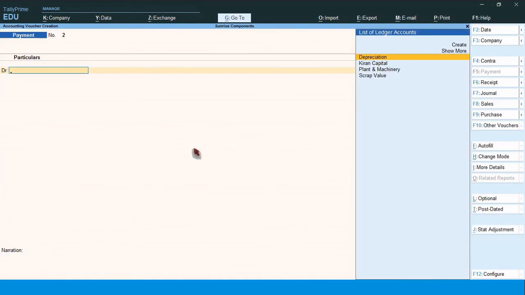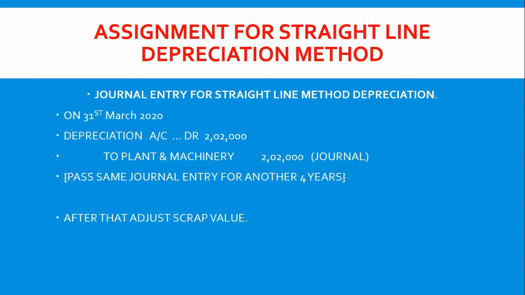Okay friends, here I have to pass 5 entries for 5 years of depreciation. The depreciation amount is 2,02,000 as per our calculation.